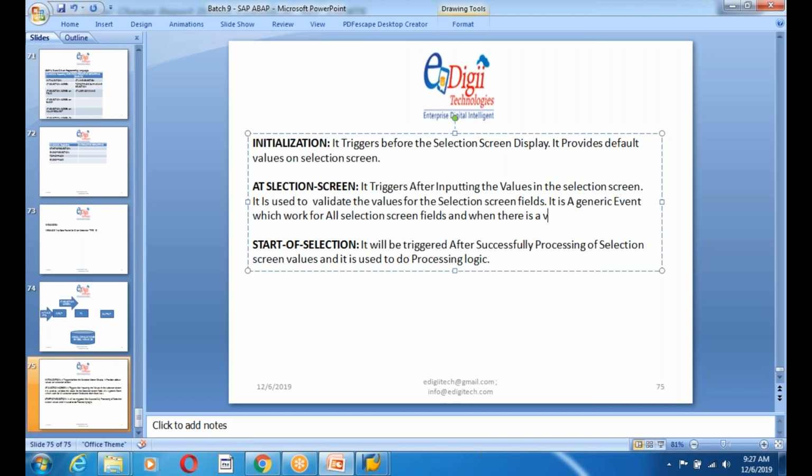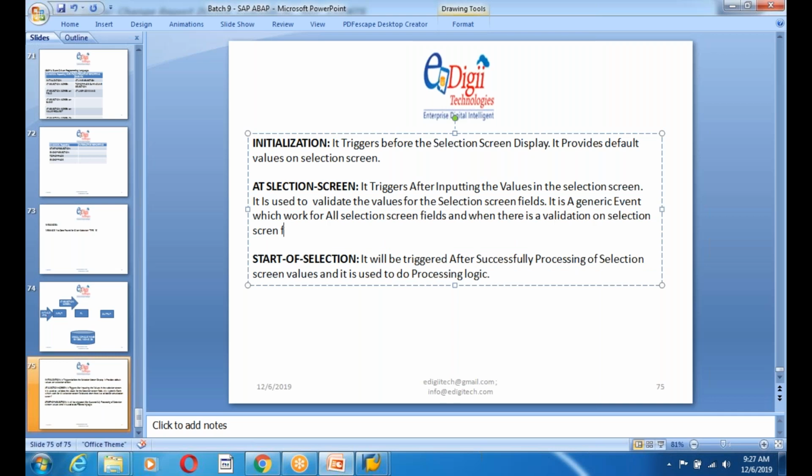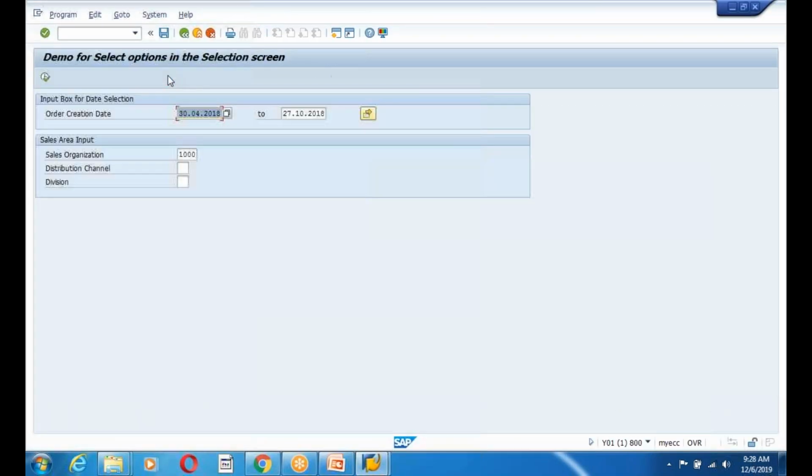a validation on a selection screen field, if there is any error, the cursor goes to the first field in the selection screen. So see, I have given some error intentionally, and the cursor goes to the first field of the selection screen. But actually, ideally, it should come to this field, guys, because the error is in the distribution channel. The cursor should come to the